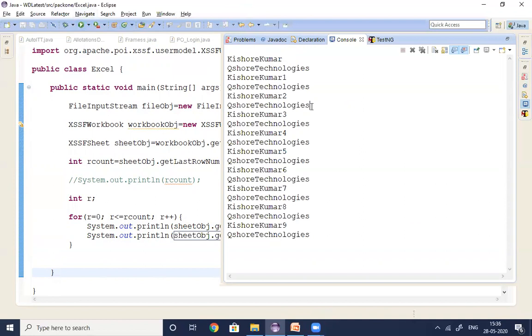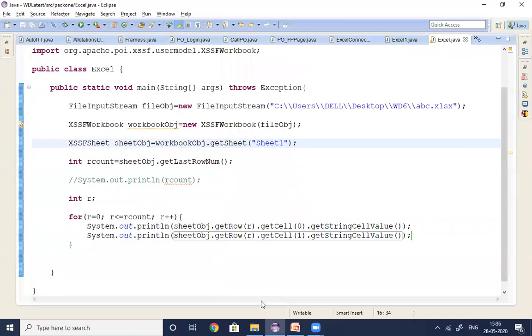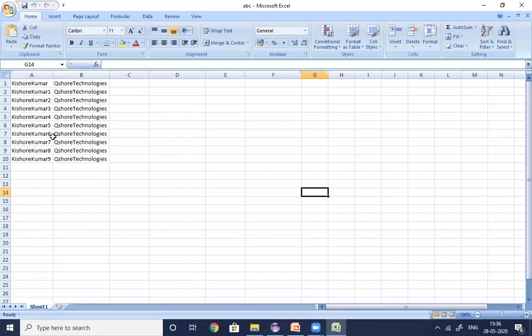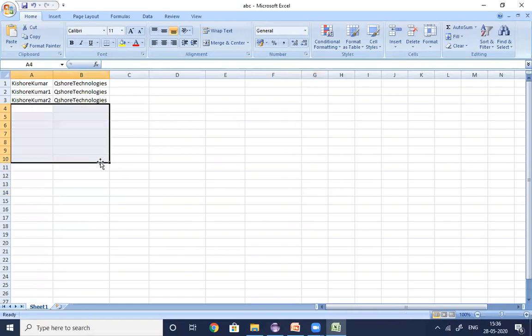But Kishore, my requirement is not simply reading the data into my test script. This data I would like to pass into my application. How can we pass this data into my application? Simple. I'm going to write one code here now, but I don't want to pass 10 rows of data, as it will take more time to execute. That's why I'm just using 3 rows of data. Same code we use for 3 rows or 30 rows or 300 rows, guys. So we don't have any differentiation here, but just to save time, I'm using 3 rows of data.